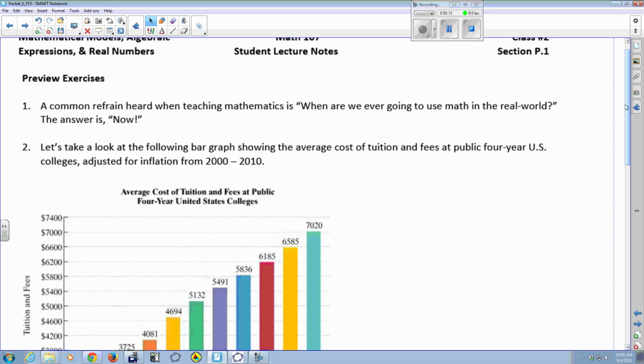A common refrain for teaching mathematics is, when are we ever going to use this? The answer is now. Now, right now. So number 2,